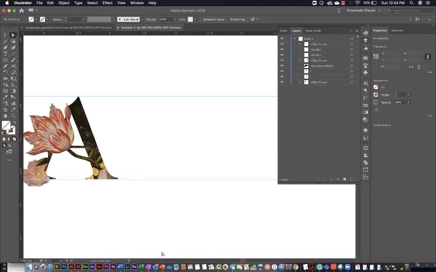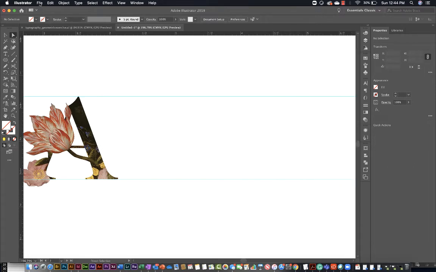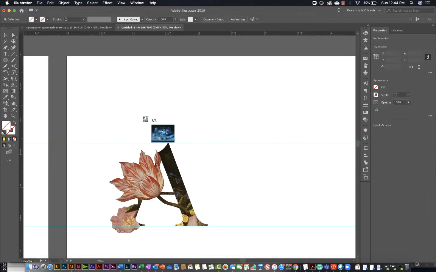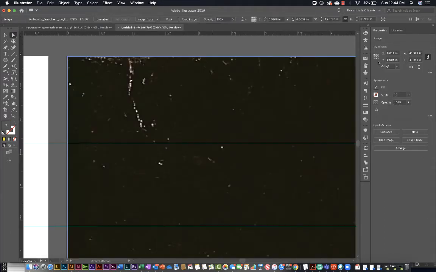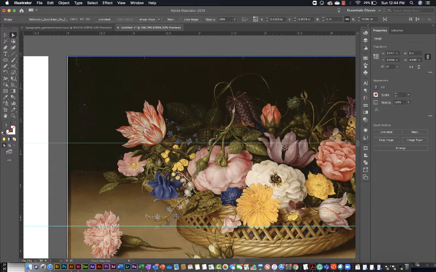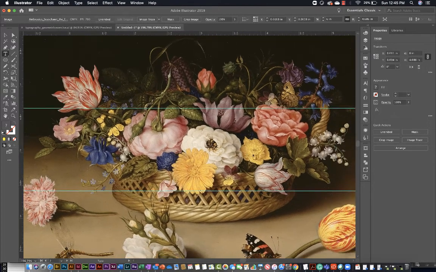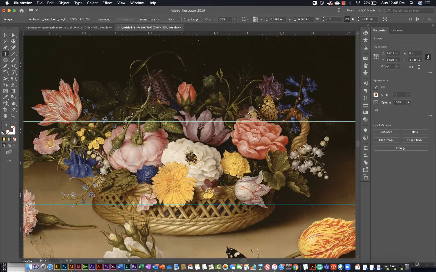Okay, and I'm going to be making a second letter here just so we can get a little more practice in. So I'm going to place that JPEG one more time. And just like before, I'll place it in the upper left corner of this artboard. Again, double check my reference point, make sure my width and height are linked. Type in a width of 6 inches. That will resize it. And this time I'll take my type tool, and I'll type in the letter B,